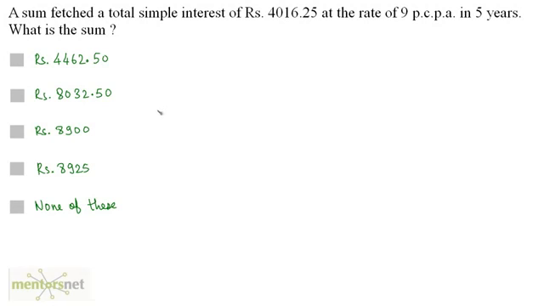A sum fetched a total simple interest of 4016.25 rupees at the rate of 9% per annum in 5 years. What is this sum? Well, this sum is the principal amount, and you have been given the value of simple interest. That's 4016.25. So it is equal to PNR upon 100. Let the sum be P, times N which is 5, times the rate, 9 upon 100. So therefore P is equal to